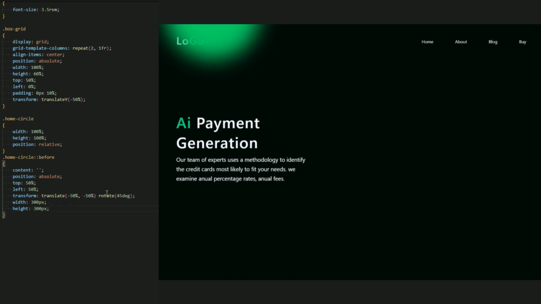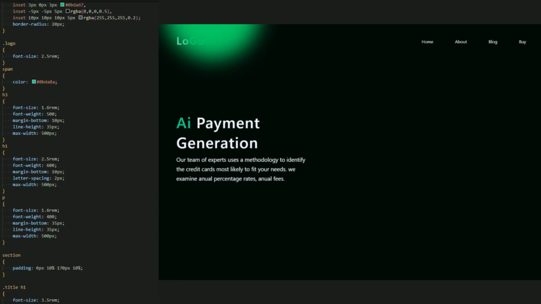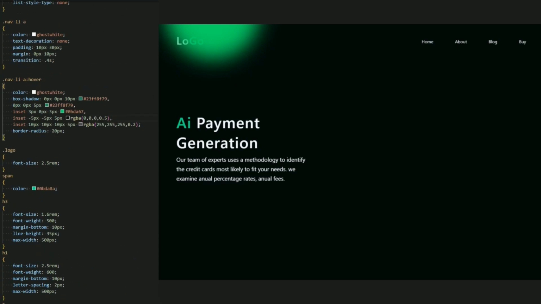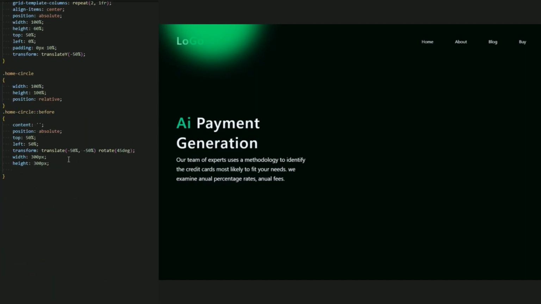you can just remove this rotate, but instead of the box shadow I want a rotate inside it. You can just remove it, but yeah, I will keep it. Okay, the box shadow should be the same as this menu. Yeah, I think the same box shadow. Yep, copy and paste it here.